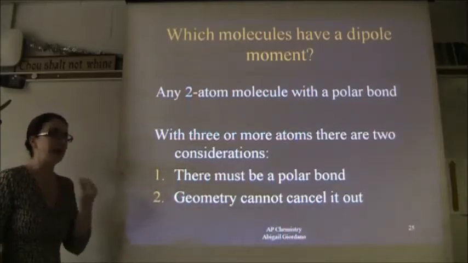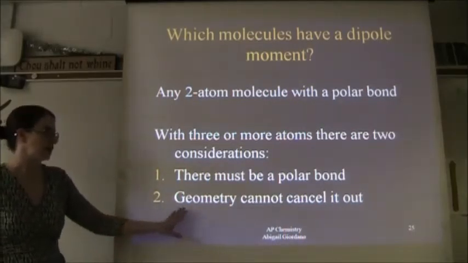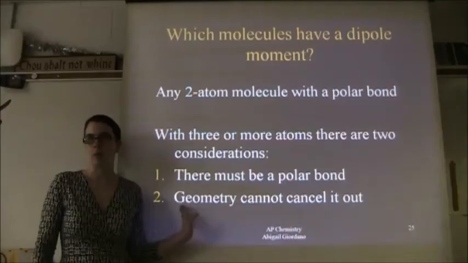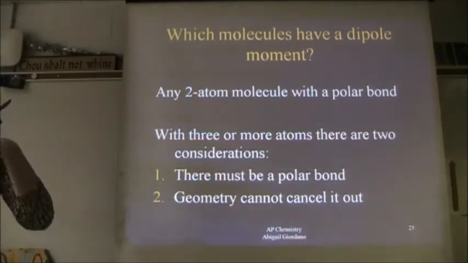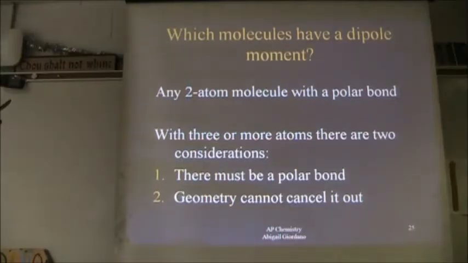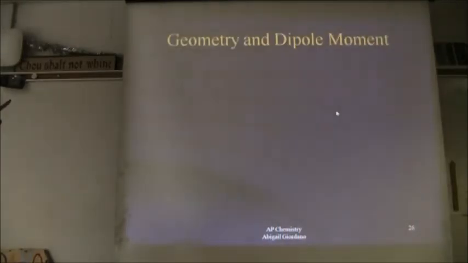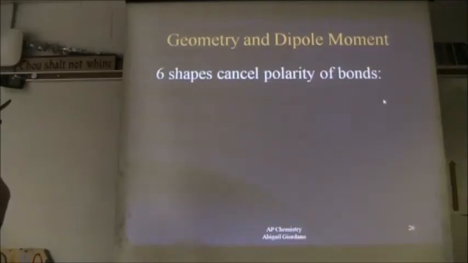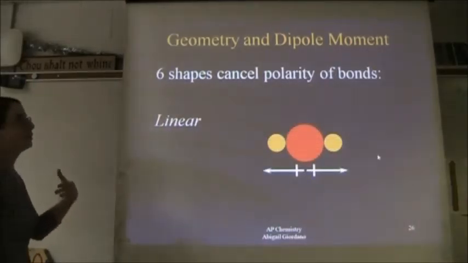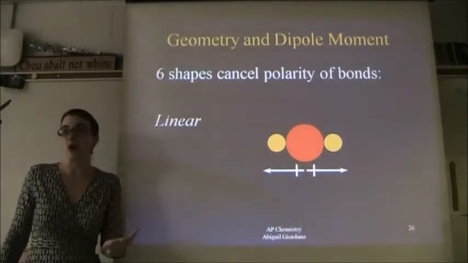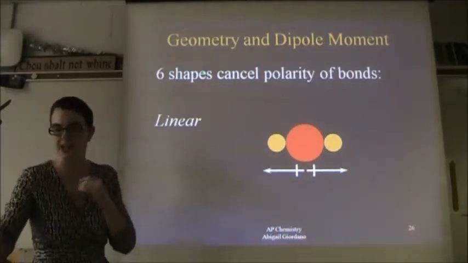The second and biggest thing we'll have to think about is geometry. Now, what I mean by that is shape. Tetrahedral, trigonal planar, bent. Are these words familiar to you? So what I just want to show you is some shapes that can cancel out polarity. For example,